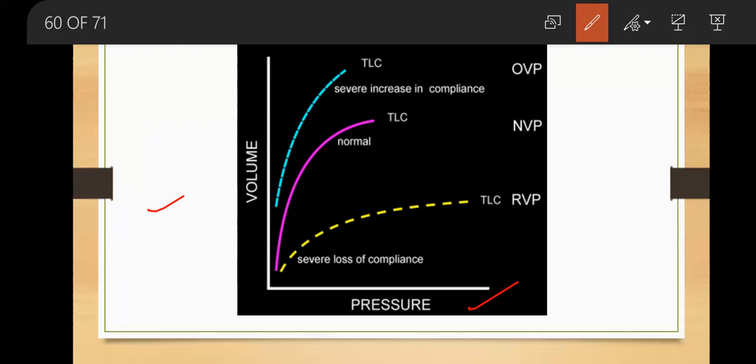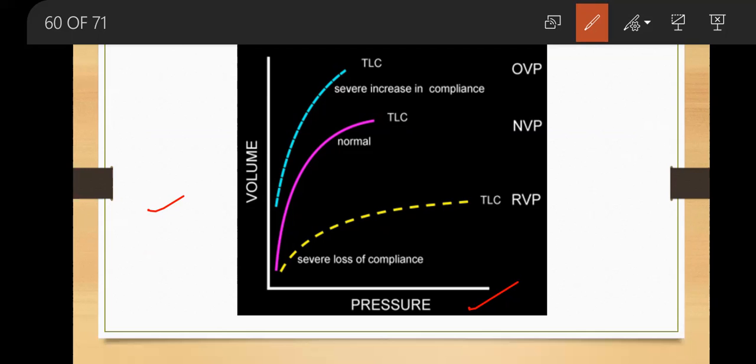If the lung is compliant, a massive change in the volume will lead to a small change in the pressure, and if the lung is incompliant, a small change in the volume will lead to a massive change in the pressure. So here, from the diagram, you can identify the low compliant lung